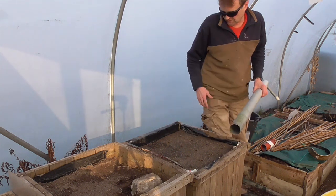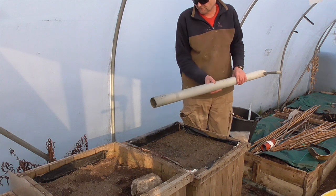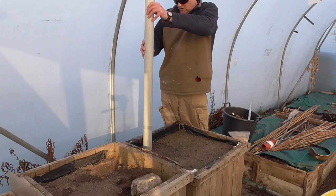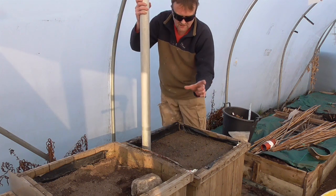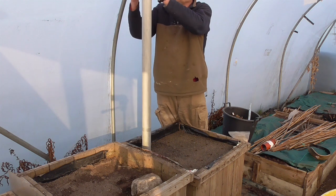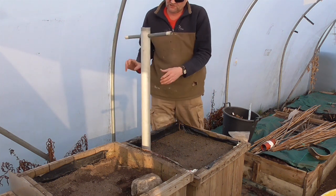So first of all, it's just to try and take some of these cores out with the pipe. Just a piece of old drain pipe. I've no need to try and get it out in one go. I'm doing 16 in this box, and they're probably about 4.5, 5 inch centres. So I'll plunge this down, just do it halfway at a time, and hopefully the sand should